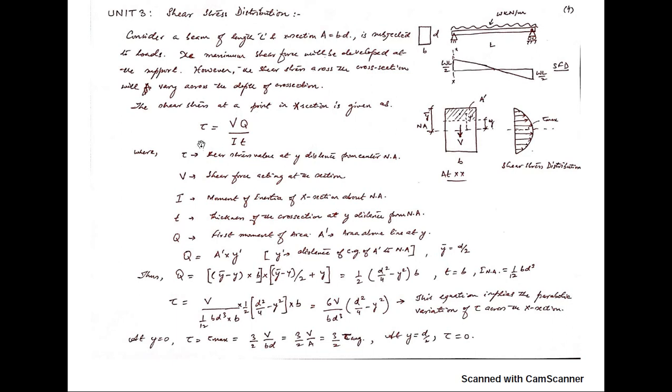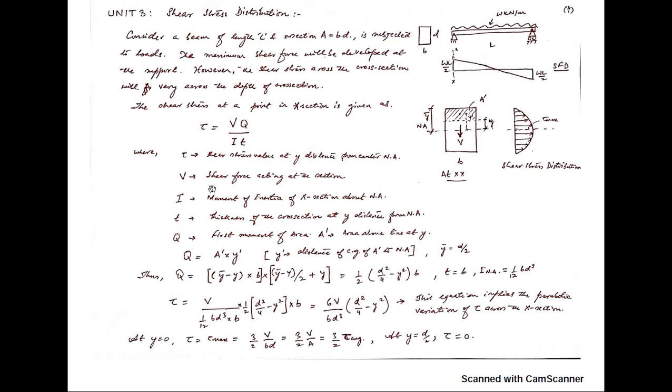So this is your transverse shear formula. So what you have to calculate now? You have to first calculate the maximum amount of shear force, where it will be developing. That you can calculate by using equations, or by the shear force diagram. And I, what is I? I is the moment of inertia of the total cross section about the neutral axis. So for that, first of all you have to calculate the depth of the neutral axis, then after that you can calculate the moment of inertia.